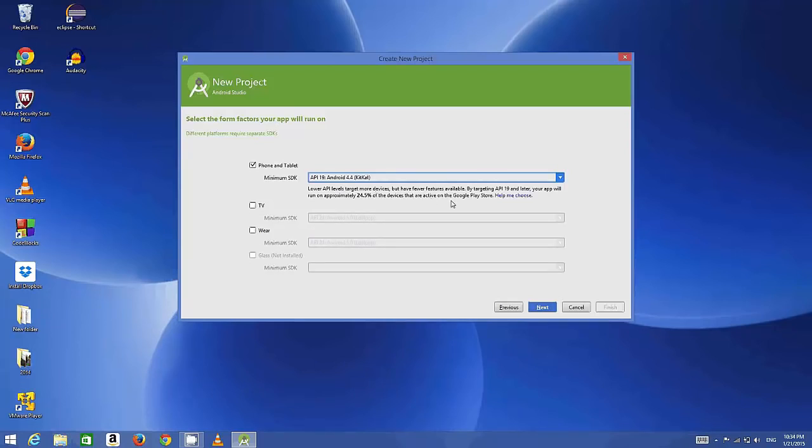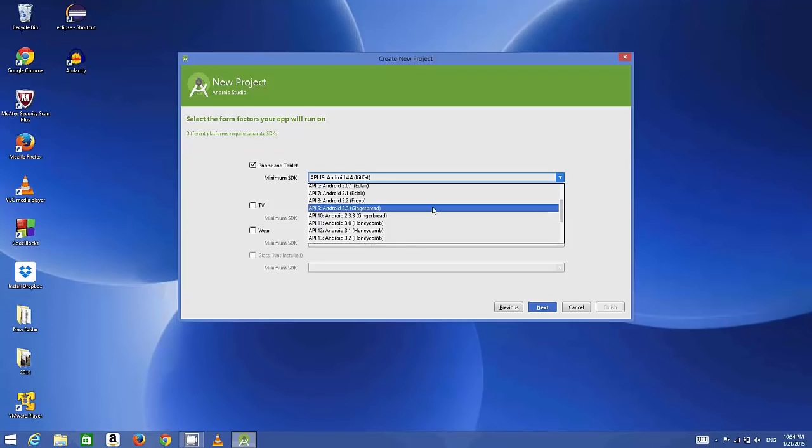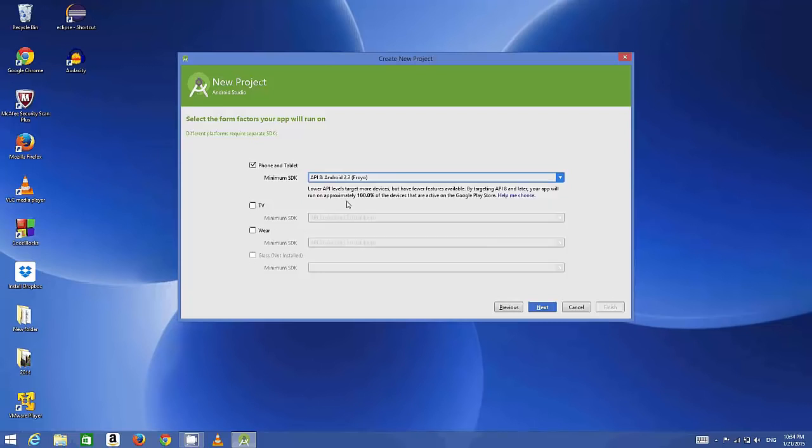And generally you may want to make some application which covers almost all the devices and have a backward and forward compatibility. So for example, if we choose this Android 2.2, it means that it will cover 100% of devices which will run on your newer devices and on older devices. So choose the one which covers the most percentage of devices, for example this Android Froyo, right? Click next,